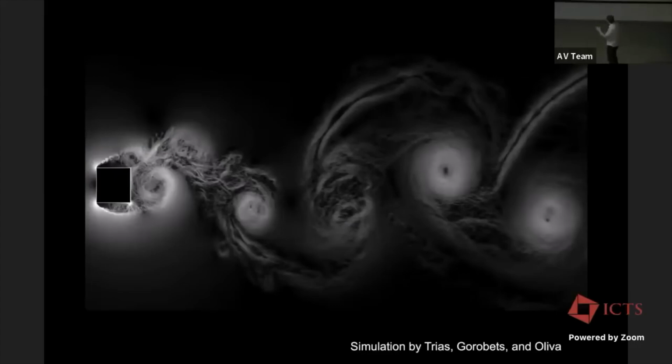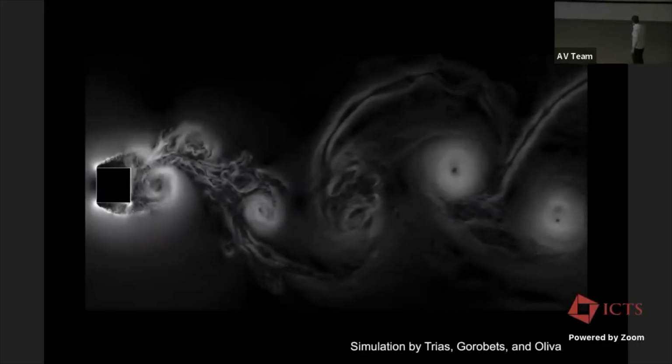This is a computer simulation of a fluid moving from left to right, and there's an obstacle that's been put in the way. The obstacle is just this square that sits here. And as it moves, we're going to start to see what happens to the fluid as it goes past the square. So there's a bunch of things to look at here.